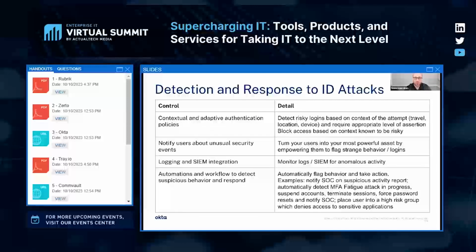So we covered hardening against attacks. What can we do to detect an attack that's in progress and take action to stop it? Well, first and foremost, we can use contextual and adaptive policies based on risk. If we see things like impossible travel for a user, me logging in here and then across the country in the next minute, or a new device, or something looks off, we can flat out deny the authentication attempt,